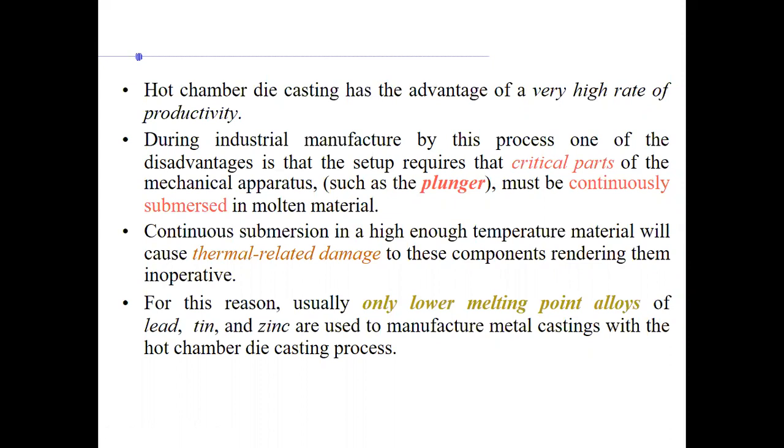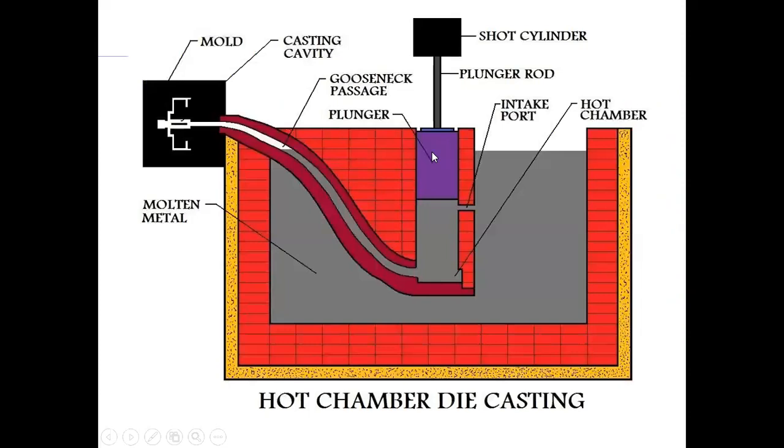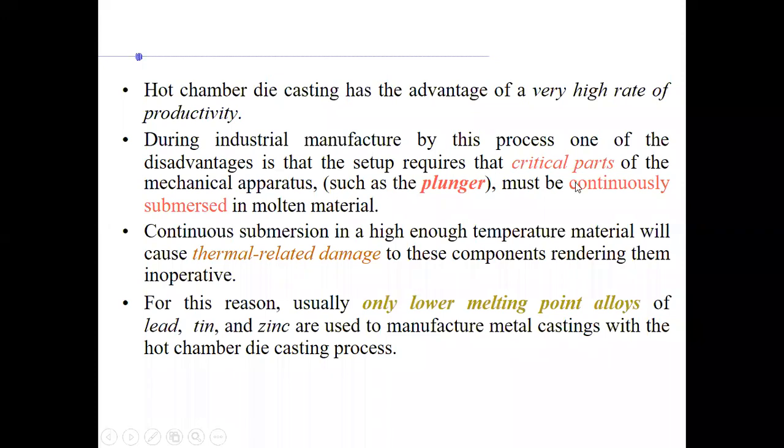One of the disadvantages is that setup requires that critical parts of the mechanical apparatus, that is the plunger, must be continuously submerged in molten material, isn't it? This plunger is in continuous contact with this molten metal, right? So it has to be of certain material that it can withstand the properties to be able to function for long, right? So that comes off as a disadvantage, that those critical parts are in continuous contact, right, with the